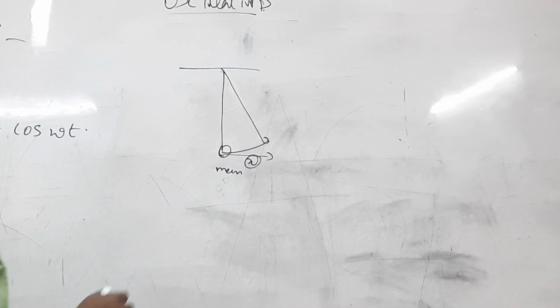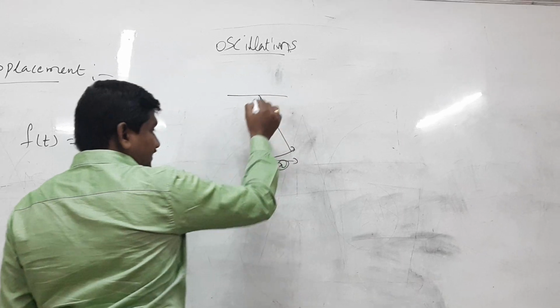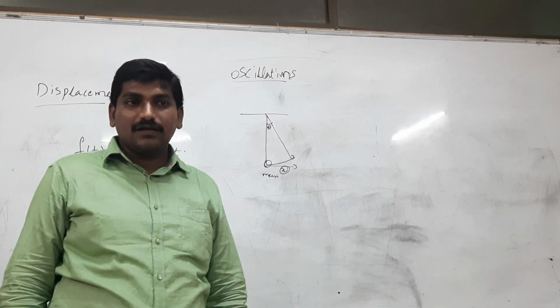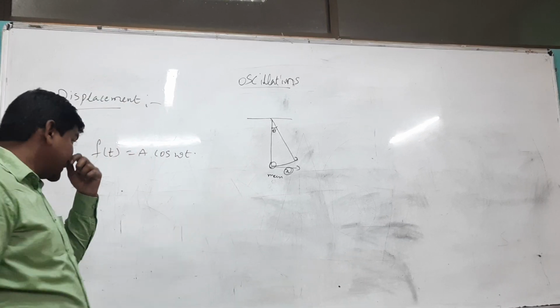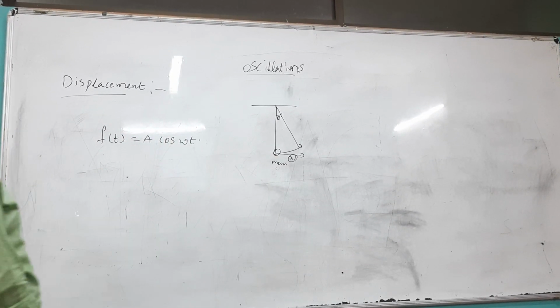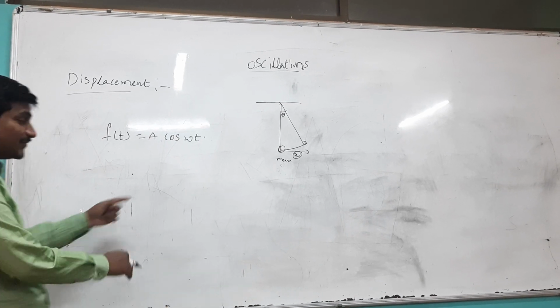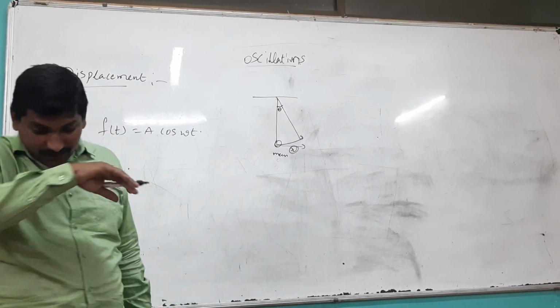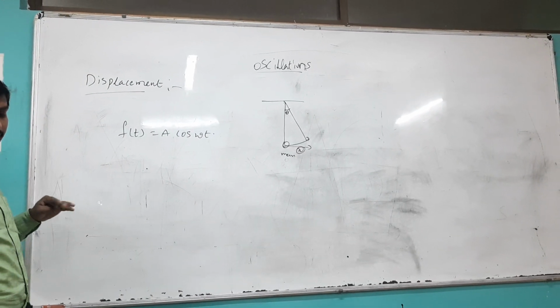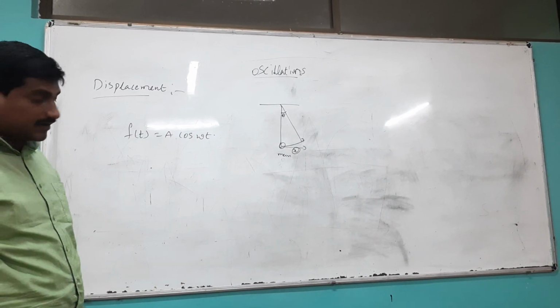With respect to this, here theta is the angular displacement, and here x is the linear displacement we call. Simply, the displacement of an oscillating body from its mean position to extreme position is called displacement. Now, how am I going to represent this displacement in the form of a mathematical function,